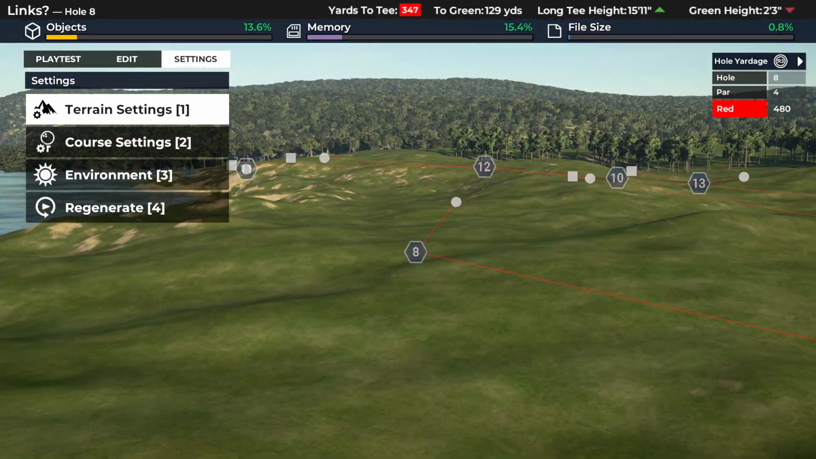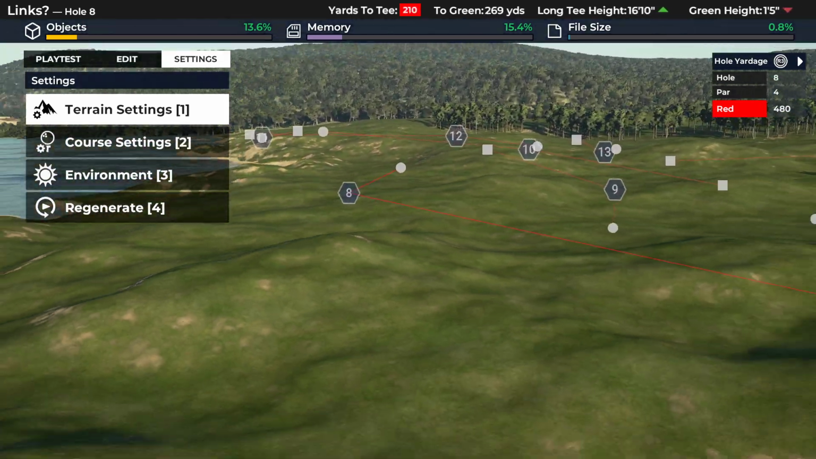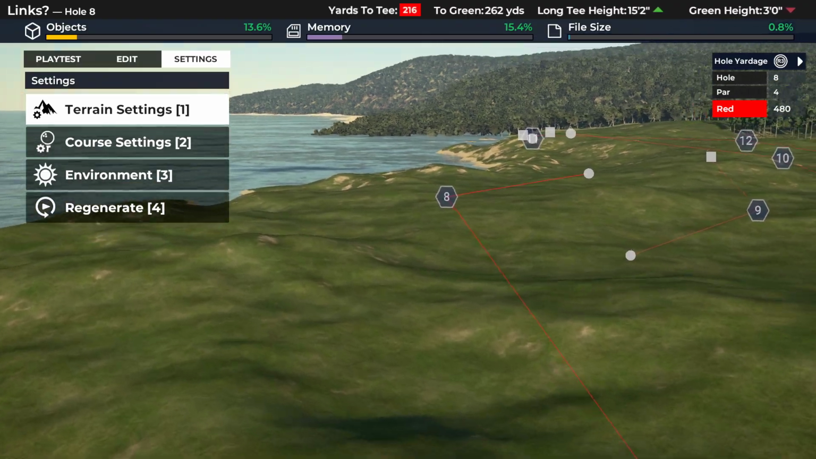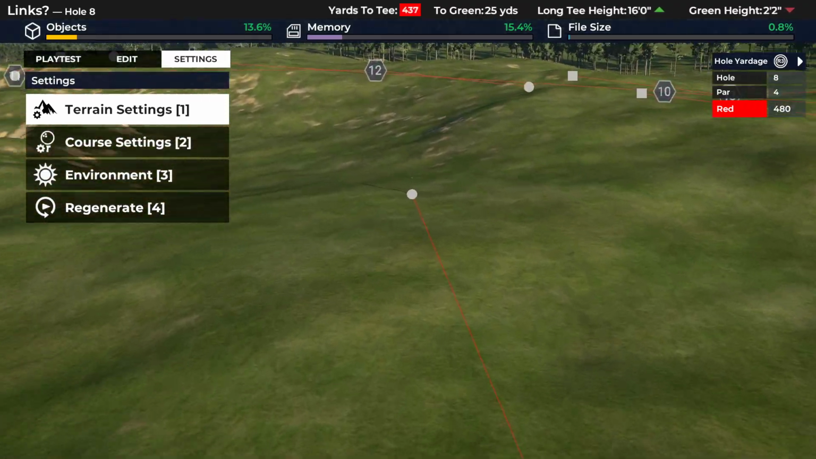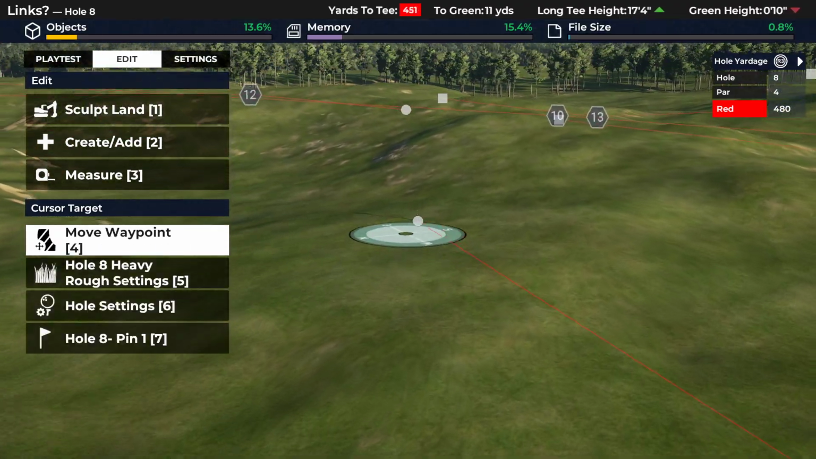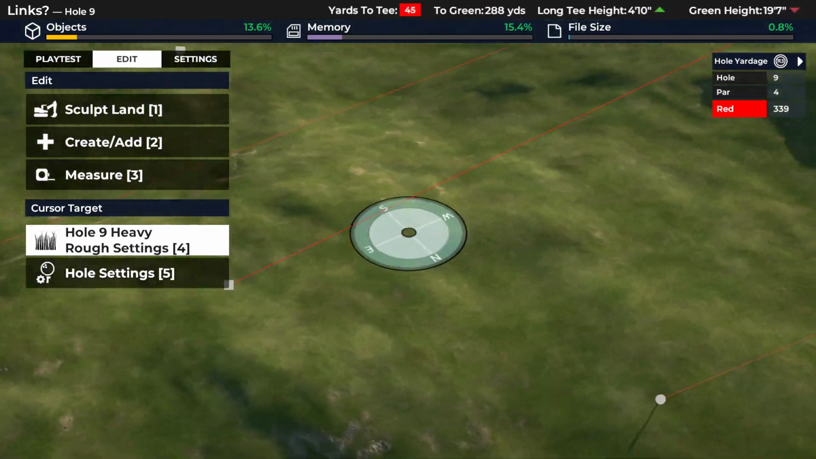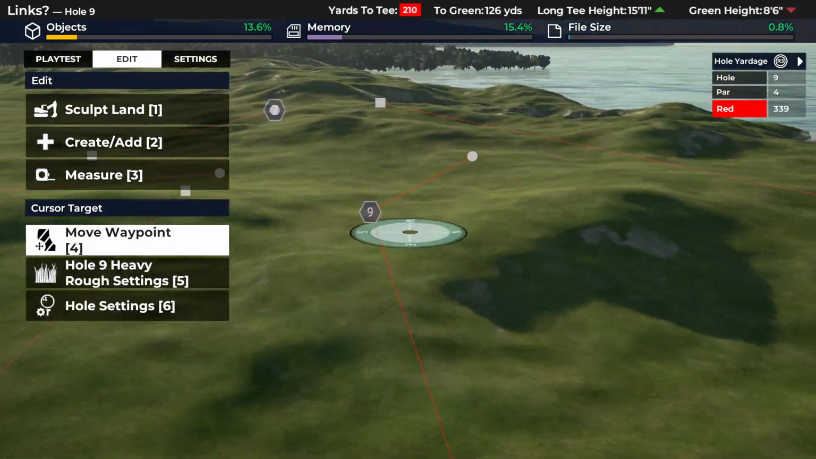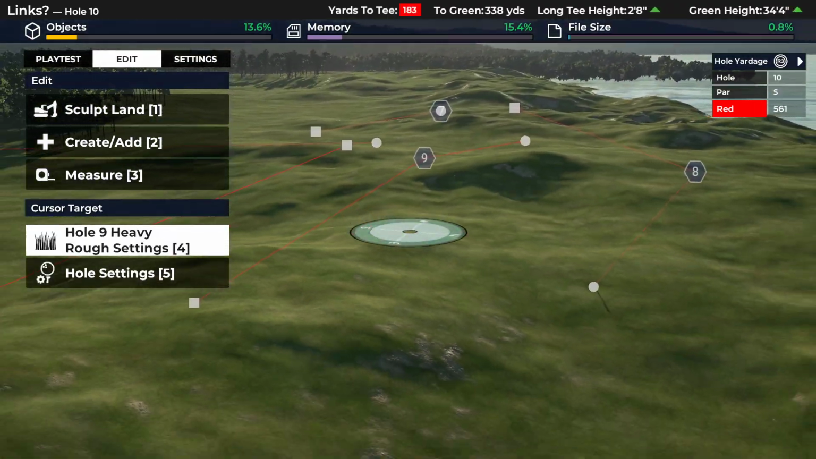Then you get to some of the slightly quirkier ones as you come up the dunes, and this one was really just finding corridors through the dunes. Now if I go to this one here, there's a big fall off behind the green, which I quite liked. I still have no idea whether this course would see the light of day, but the next one you've got,